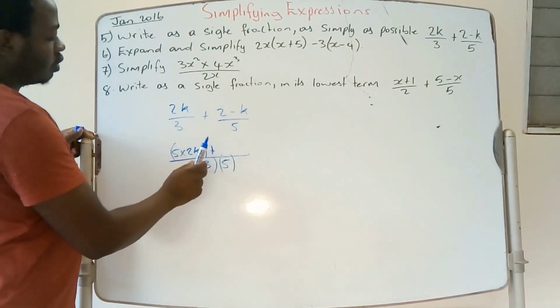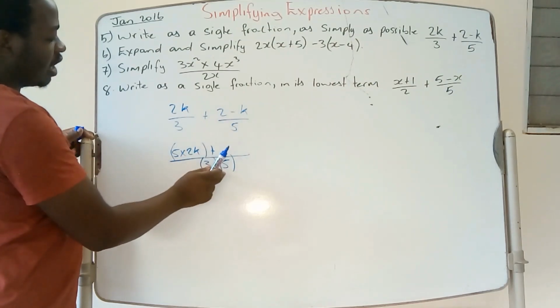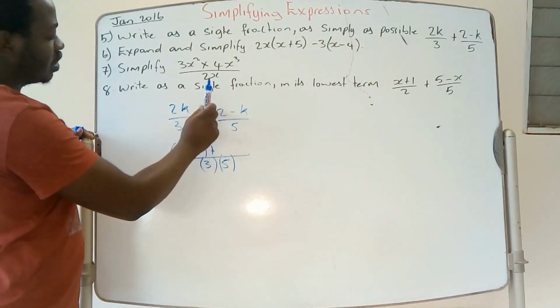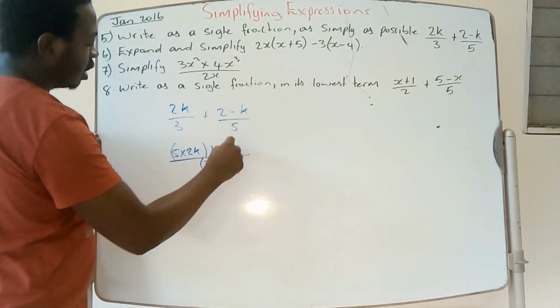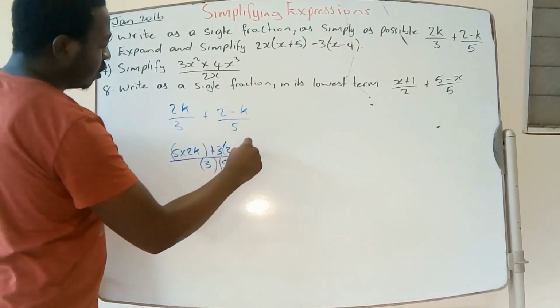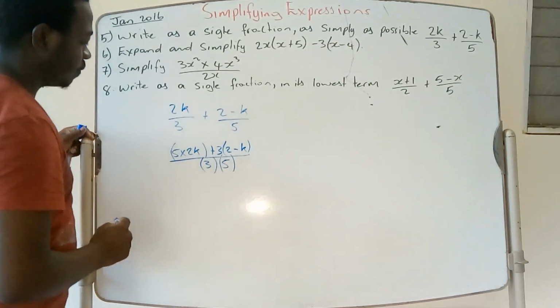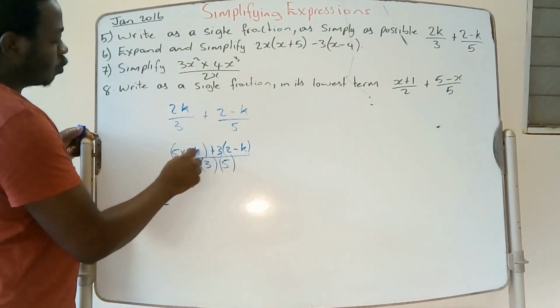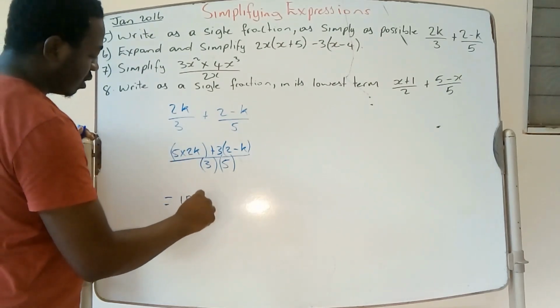5 into 3 times 5. 5 will cancel out 5, leave me back with 3. I'm going to take this 3 to multiply this numerator here. So it's going to be 3 times 2 minus k. Alright? So if you simplify this, 5 times 2k, that's 10k,